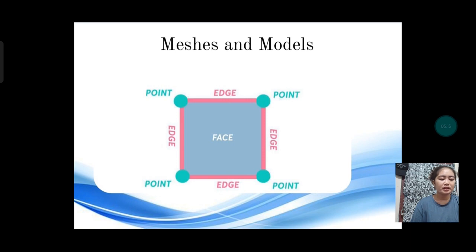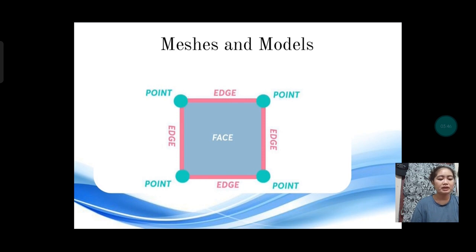Once you have more than one point, you should be able to connect them, and this connection is then referred to as an edge. So edges will then connect at or near points, forming faces that make up a 3D model. Edges can be told apart from points because a point is often represented by a small dot, and an edge is most often represented as a line.